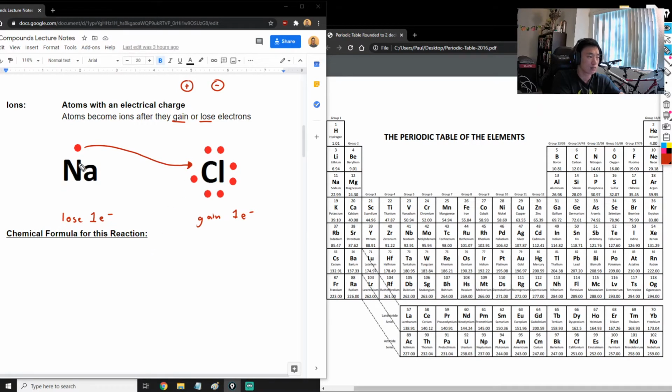Now, if sodium gets rid of an electron, what is it going to become? It's going to become positive. It's going to be Na plus 1. And if chlorine gains an electron, it's going to be Cl minus. It's going to become negative. And you can see that there's a positive and a negative next to each other, and we know opposites attract. So what's going to happen is that the two atoms are going to come close together,